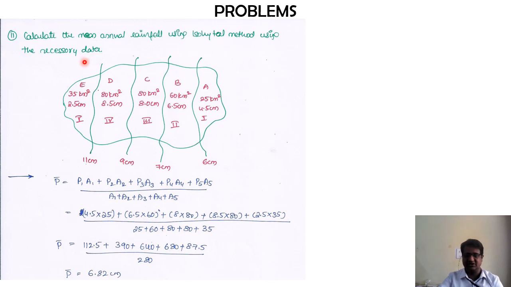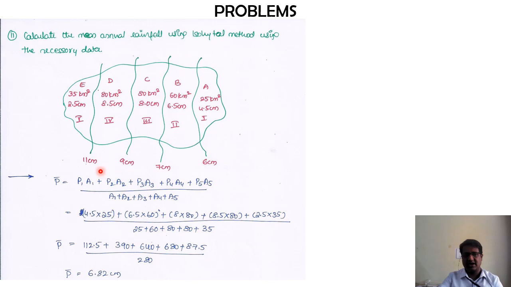graphical representation. Okay, so in the previous problem the same data was given in a tabular column, whereas now it has been given in this particular presentation. Okay, one difference if you check from the previous problem that we have solved, for these isohyets which are available, which you are seeing over here. So these isohyets, last time we assumed it as starting from this part of the catchment area and ending at this part of the catchment area.